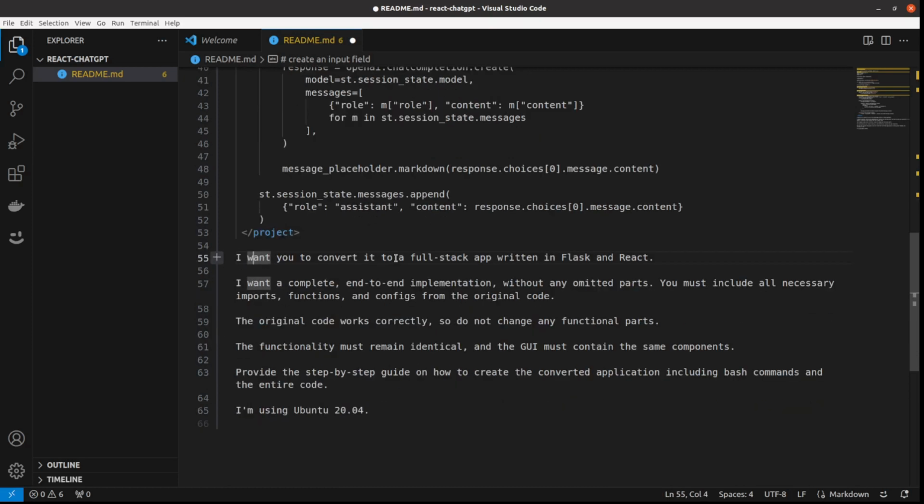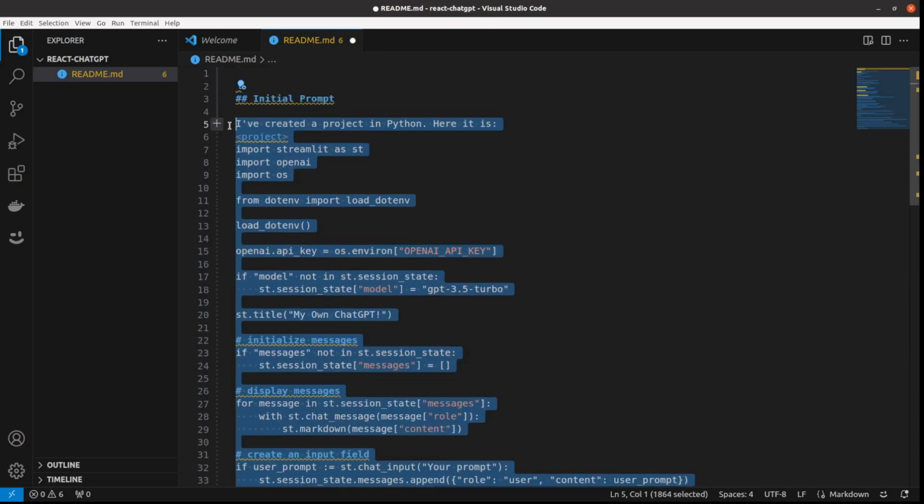I want you to convert it to a full stack app written in Flask and React. I want a complete end-to-end implementation without any omitted parts. You must include all necessary imports, functions, and configs from the original code. The functionality must remain identical, and the graphical user interface must contain the same components. Provide a step-by-step guide on how to create the converted application, including bash commands and the entire code. And I'm just giving my operating system. And that's what I'm going to copy